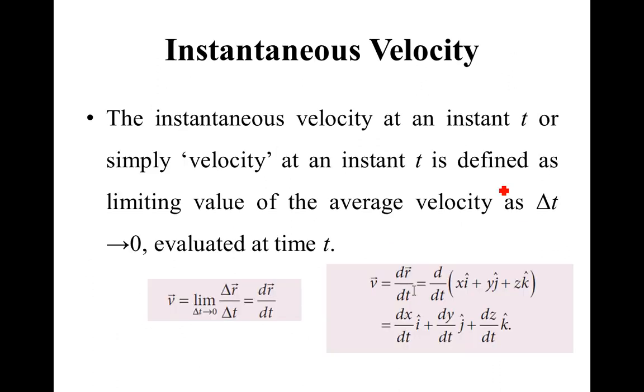Next is your instantaneous velocity. As the term goes, it is instant. For a particular fraction of time, you are going to calculate the velocity. If an object is moving from this part to this part, then velocity is the speed for the whole term of motion, for the whole time.